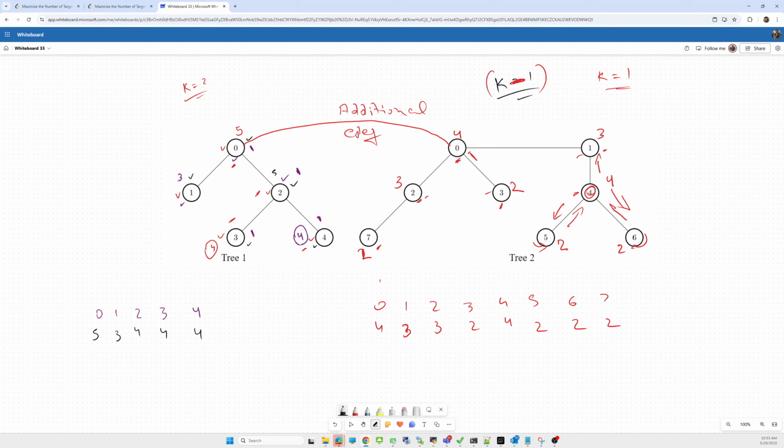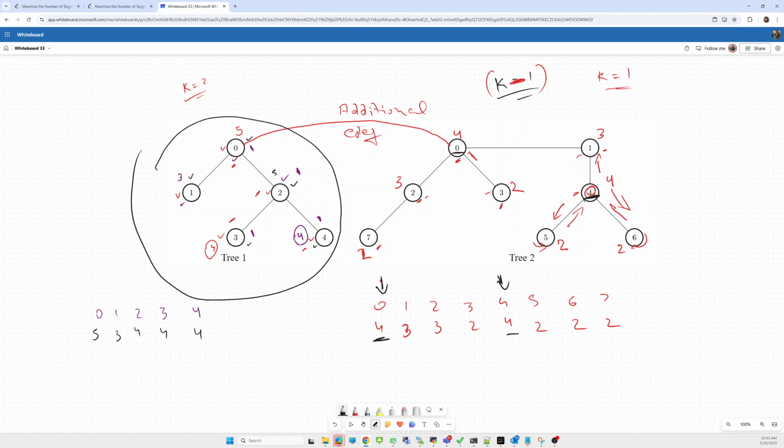This node 0 and node 4, the maximum nodes with value 4. So we can make a connection with tree 1. With this tree 1 we can connect with any of these nodes, either node 0 or the fourth node. That will give the maximum output.